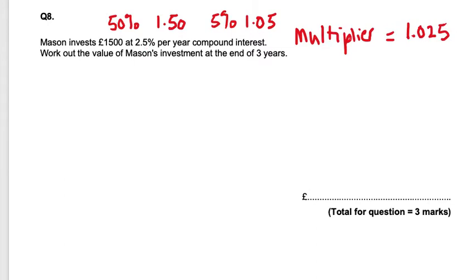That will give you that amount. Excuse me. So what we're doing here, we've got 1,500. This is the 1,500. We multiply by the multiplier, 1.025, and then we're looking at it being there for 3 years. So this is the formula. Have a look back in your exercise book. It gives us